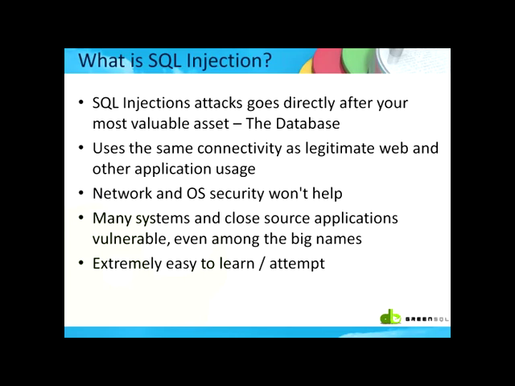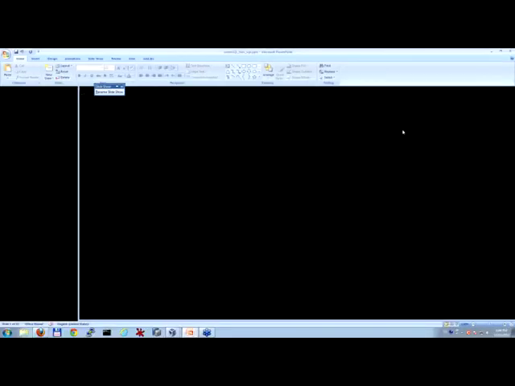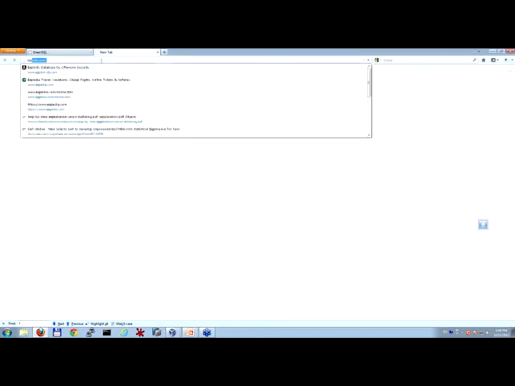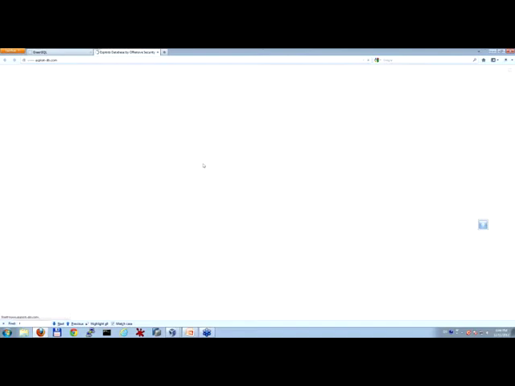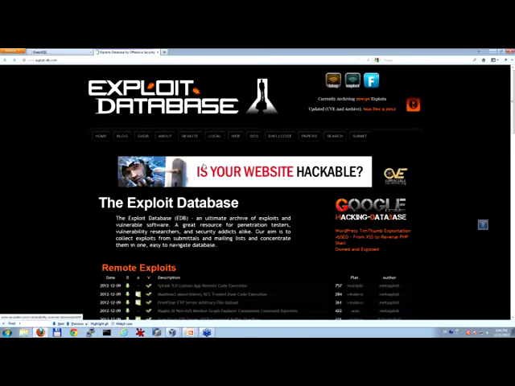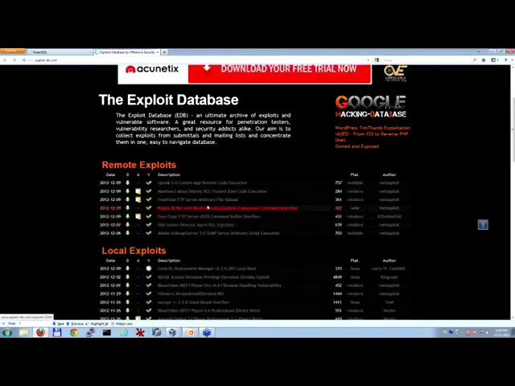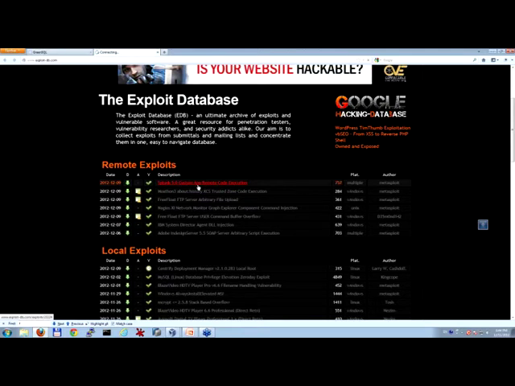The worst part about SQL injection attacks, and this is something that I would like to show you, is that it's extremely easy to learn how to run a successful SQL injection attack, and it's extremely easy to attempt and run it. Because if we just look for a few seconds at any of many different exploit database websites, and this specific website is exploitdb.com, you can see on a daily basis updates to remote exploits. And if we go to any type of common exploit, this one is for even Splunk 5.0, which was actually released 2 days ago.